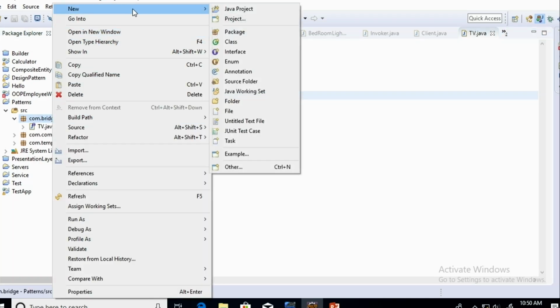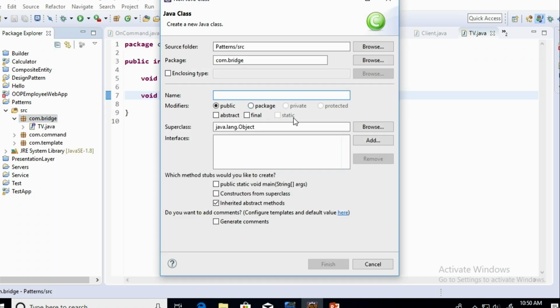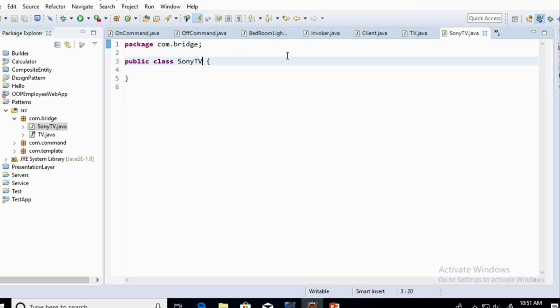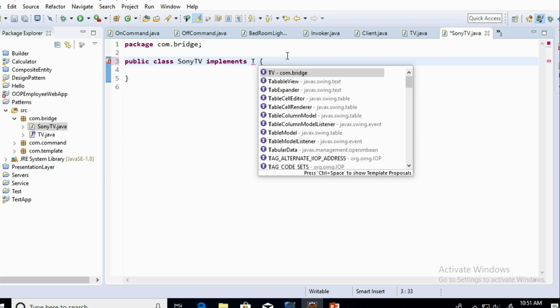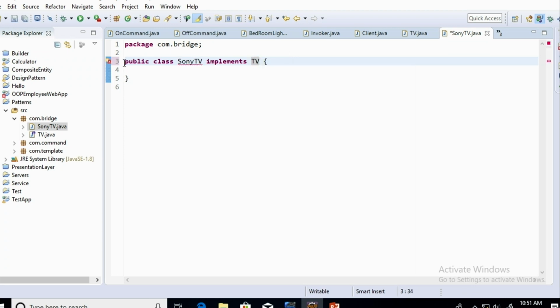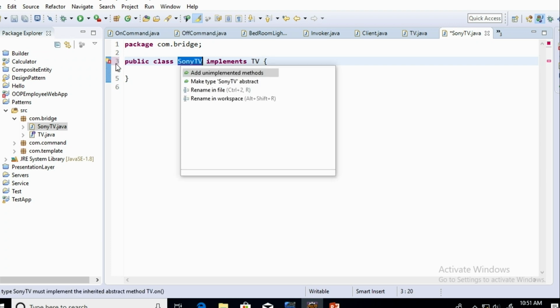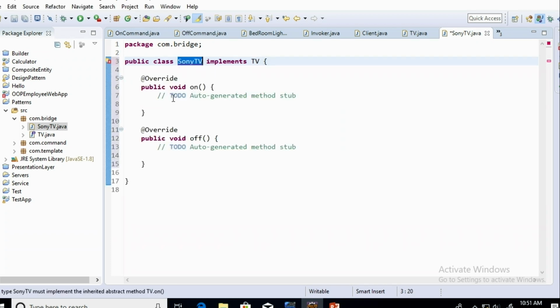Now I'm going to create a class and implement this interface within the class. So definitely you have to override all the unimplemented methods here.